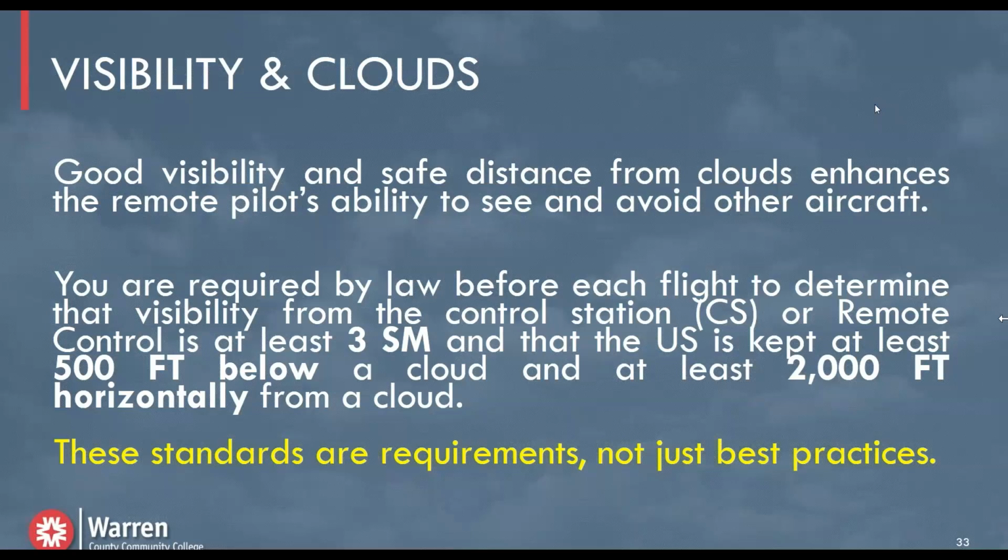If you're at 700, then you can fly to 200 feet. If the cloud cover's at 800, you can fly legally to 300 feet. But there has to also be 3 statute mile visibility, and you have to stay 2,000 feet horizontally from a cloud. This can be hard to figure out, but luckily there are a lot of apps out there. We went over it in the first video, which will tell you whether you meet these conditions or not, and it will help you